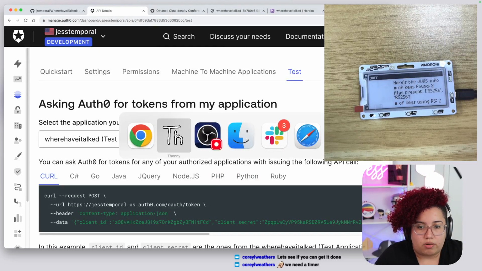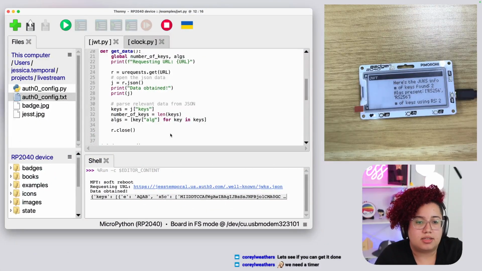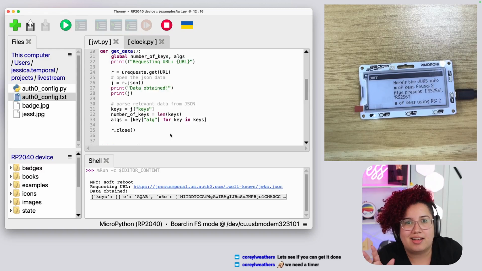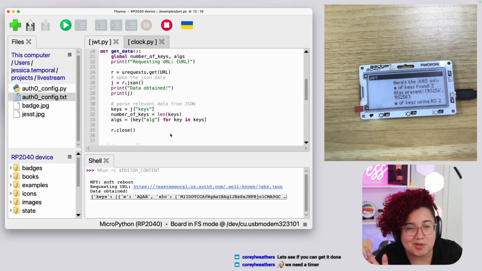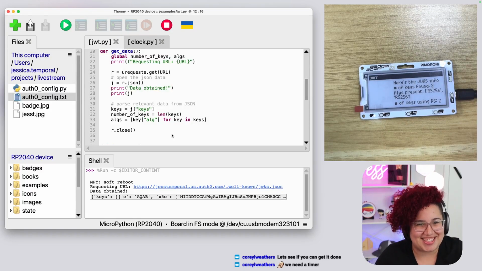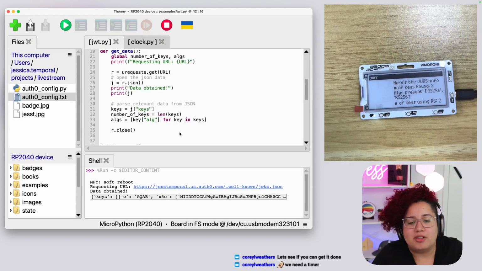So let's go back to Tony. And also, side note, every time that I switch from one page to the other, I see that my Slack has messages that I haven't read yet. So if you are from work and you are trying to talk to me, I'm live streaming. I'm sorry. I will reply to you as soon as I get off live streaming mode.